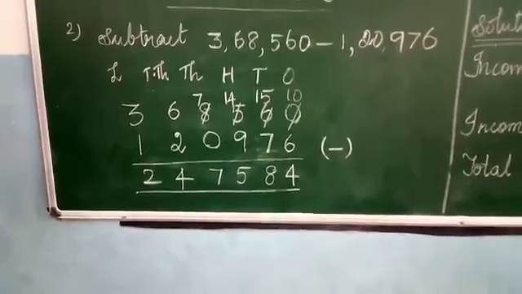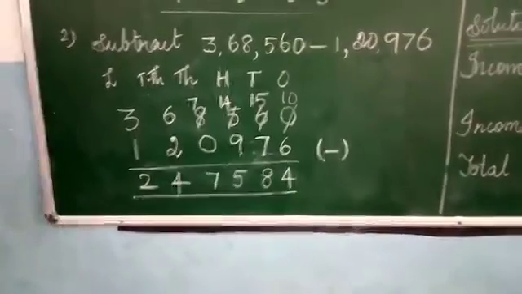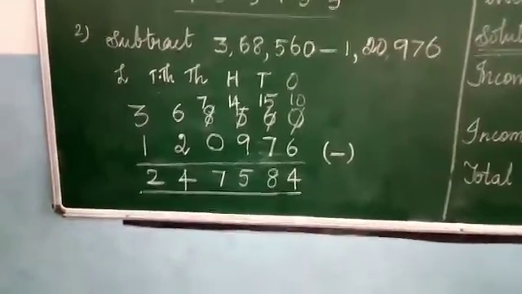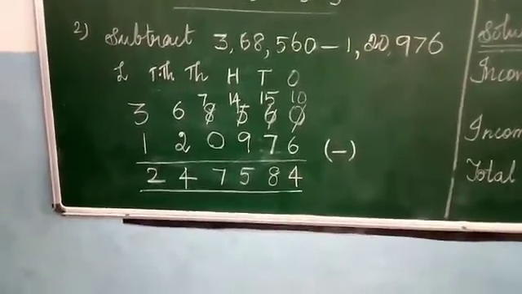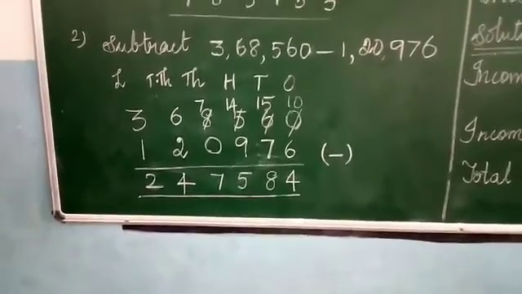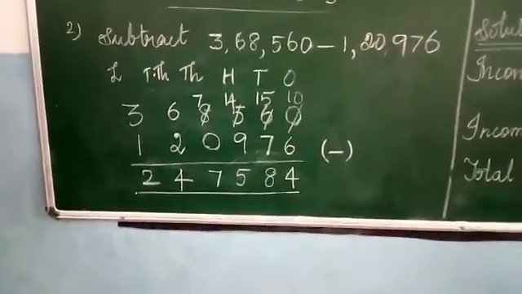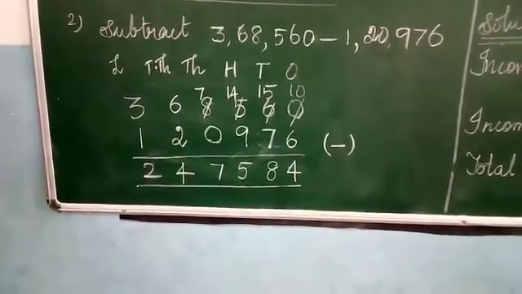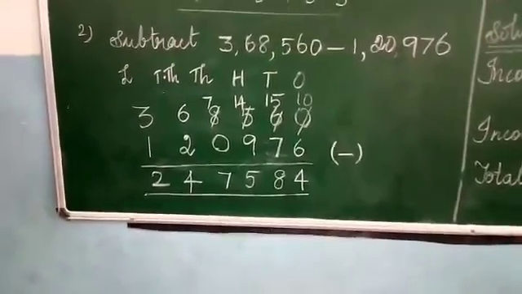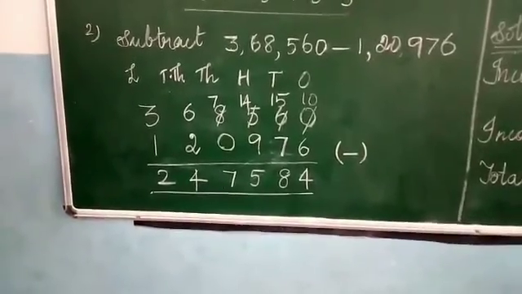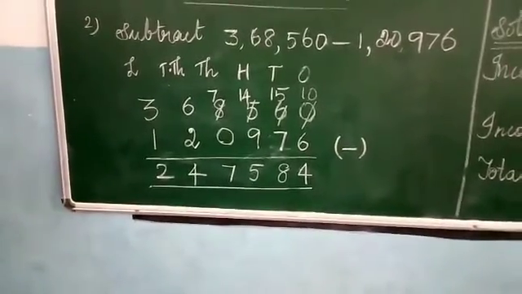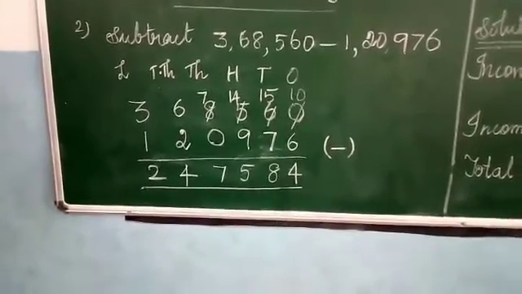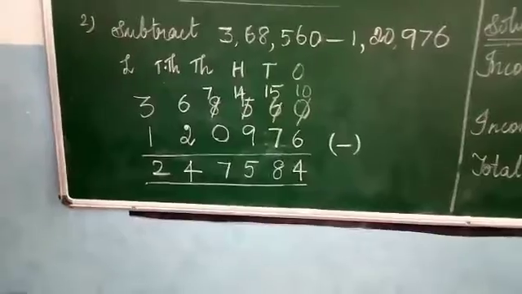Now again subtract, 4 minus 9. So, shall we do the subtraction? No. So again I borrow from the thousands place. So 4 becomes 14 and 14 minus 9 is 5. And 8 in the thousands place will become 7. So 7 minus 0 is 7. And the 6 in the ten thousands place is a greater number, so we can easily subtract. 6 minus 2 is 4, and 3 minus 1 in the lakh place is 2.